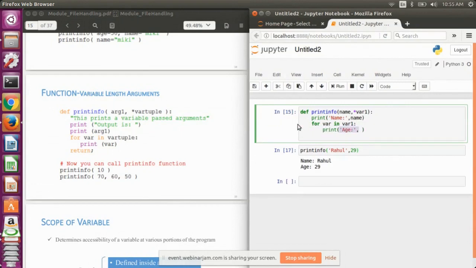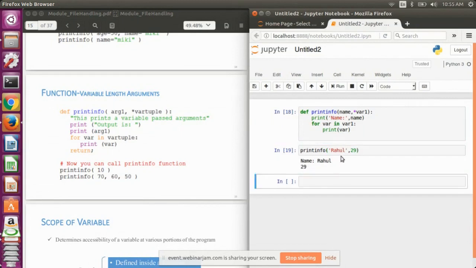So what I'm doing here is fetching each value from the list var1 and printing them. Now let me execute this. If I pass this same value, the result is name is Rahul and the value is 29.